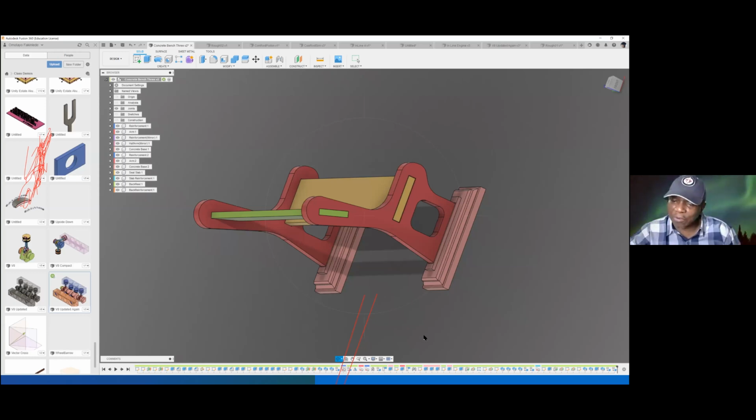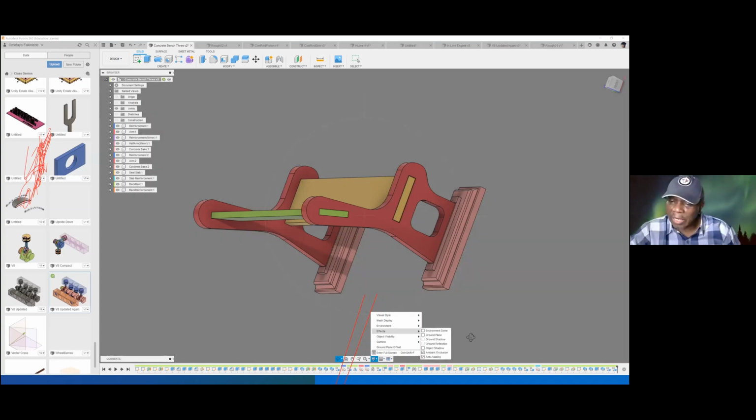Now, if I remove the shadow, I can even remove the ground plane. So there is no ground plane. This thing is just hanging in the air. Now, you can see that if there's no ground plane, I cannot put a ground shadow